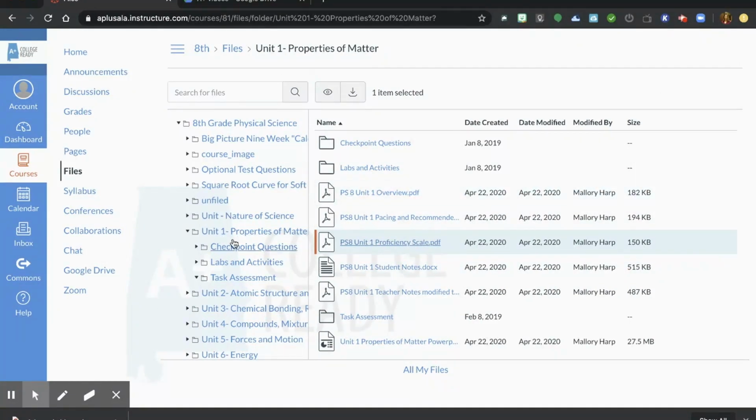So within one unit, you have checkpoint questions, labs, and activities. You have the overview document, which is great for all of those things that administrators like to see on lesson plans. And then you have pacing and recommendations, which is great for your personal planning on how long it's going to take for each activity or each section of the unit. You have proficiency scales, so students can become leaders of their own learning and keep record of how they feel about the content and help you to know where